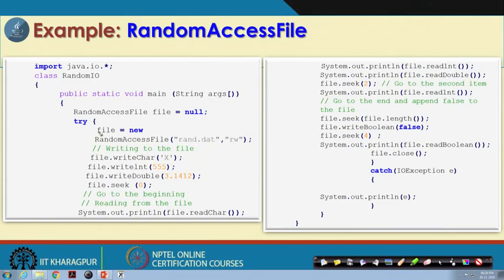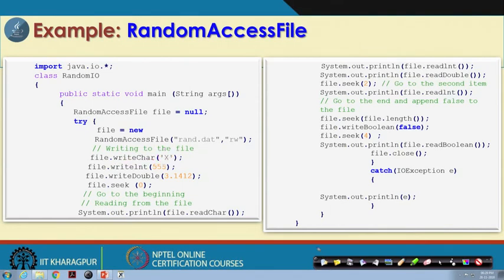With this statement we create a connection to the actual physical file, and the name of the object which connects our program to it is called file. Now, here you can see a few statements. We can write char, this is one method, and the argument is x, basically the ASCII value of the character x.